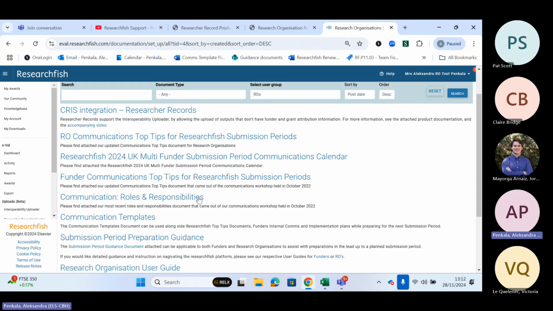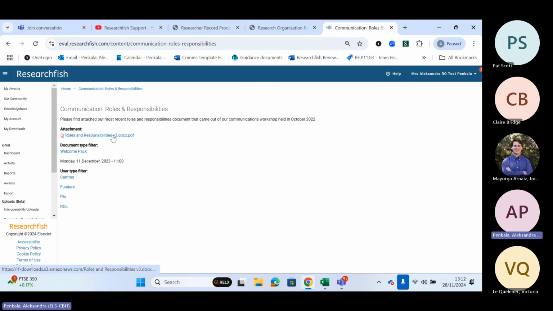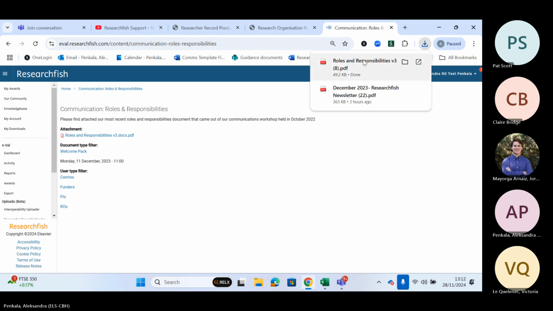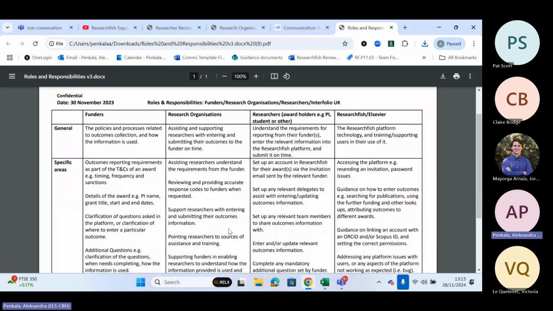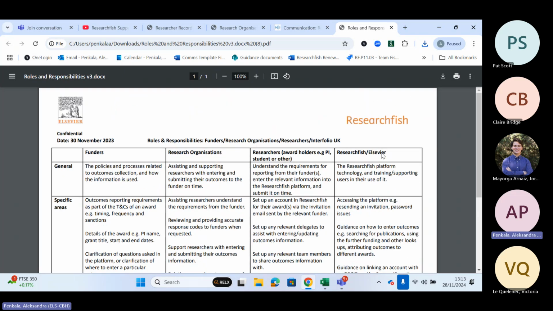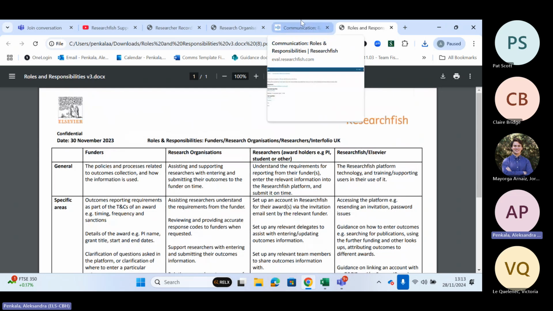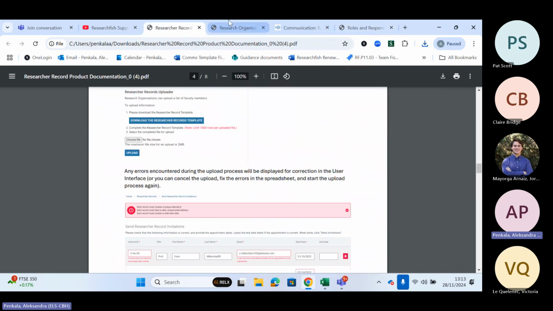Here you will also find communication roles and responsibilities. So if I click here, you can find information on which types of responsibilities are for funders, research organizations, and researchers, and what our responsibilities are. So, a lot of useful information. And if I go back to the platform once again,